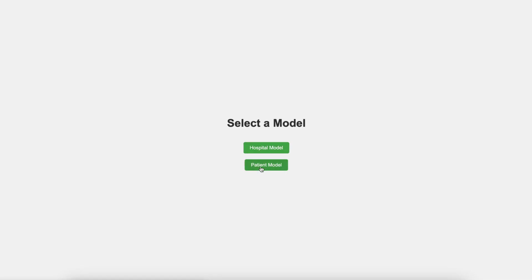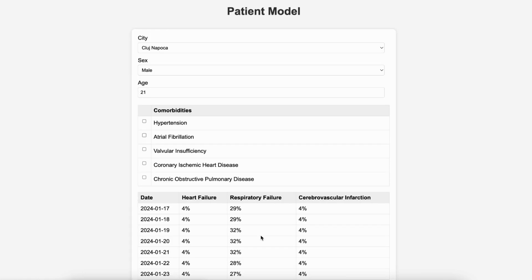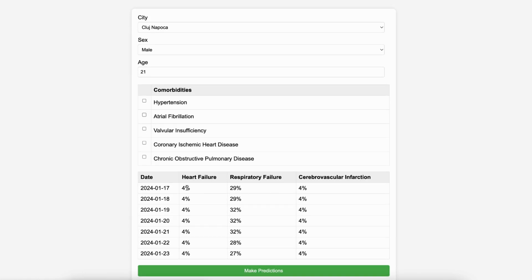Now we can also test the patient model. Here we have to give information about the user, such as personal data and medical history. We'll try with a young male with no comorbidities, and as we can see, the risks are pretty low. However, let's try if the user has chronic obstructive pulmonary disease, which is a respiratory disease. As we can see, this disease was the only one that